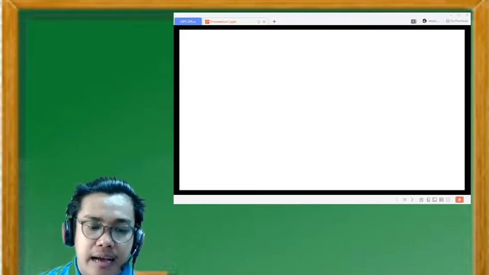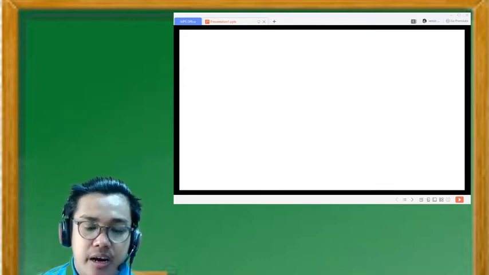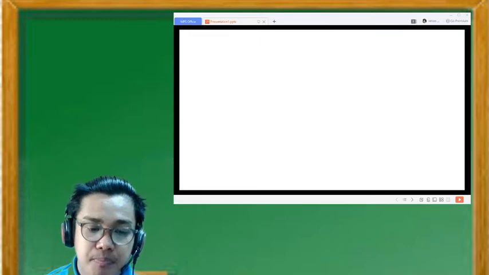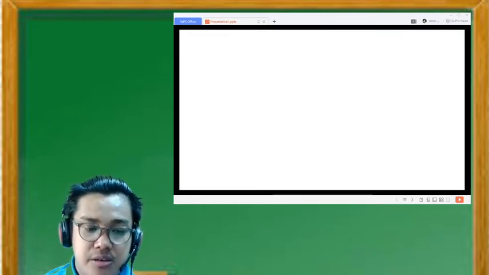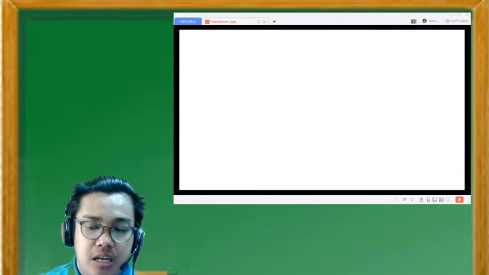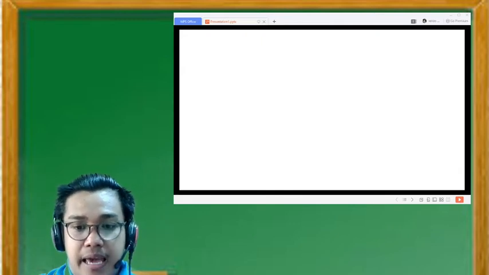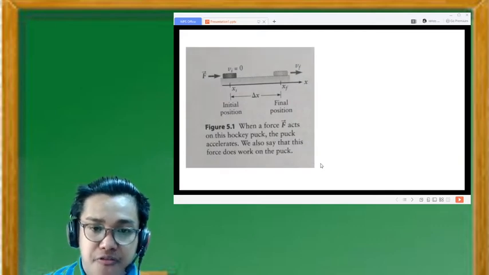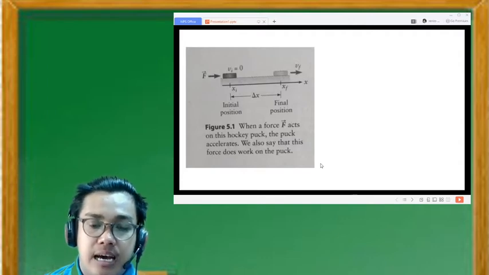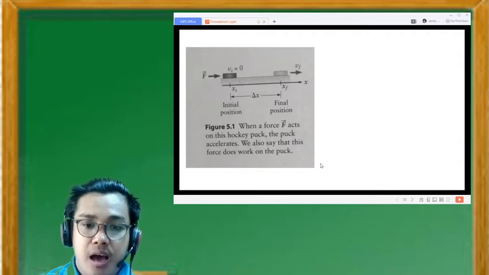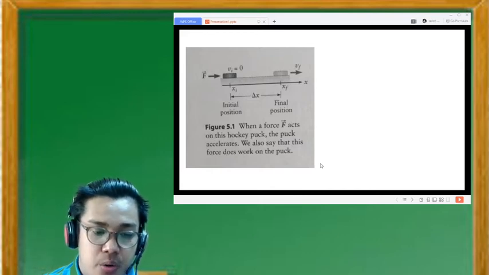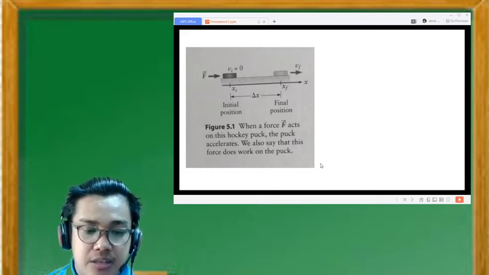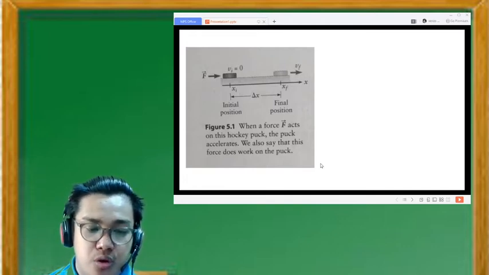So consider a hockey puck of mass m placed on a frictionless horizontal surface, as sketched in figure 5. So this is our figure 5. When a force acts on the puck, the puck accelerates. We also say that this force does work on the puck. The puck is initially at rest, and we want to consider how a constant force of magnitude F applied